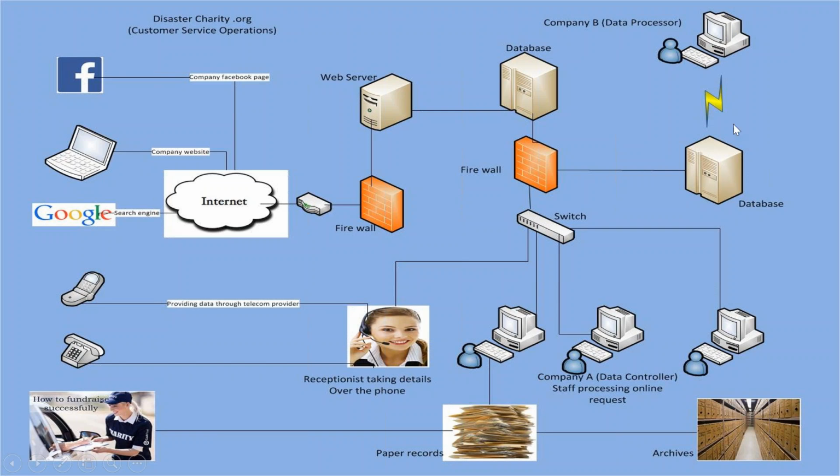So once they store it here, now they have another guy. Perhaps this is a third party. This guy doesn't work for Disaster Charity. This is a supplier, like a vendor to them. This is a third party that works with this charity organization. Perhaps this is a third party that will pick up the names and email addresses and then send letters to all the people that are signed up to support this charity organization. I'm just trying to visualize a typical organization that is not too big.